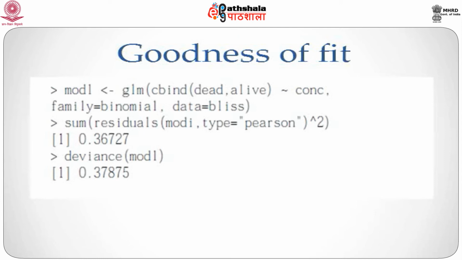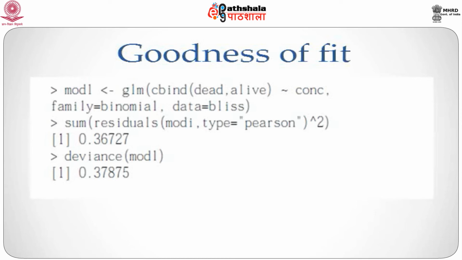Goodness of fit, as you know, for GLMs is not as straightforward as for LM. So for the LM, you know that we can run residuals of the LM and it will return the values of y minus y hat. We can do that here also, but we need to tell R what kind of residual we want. So for example, on the third line of code given on this slide, we use the residuals function on the modl object, and it says residuals(modl, type = "pearson"). This will return the Pearson residuals for this data.